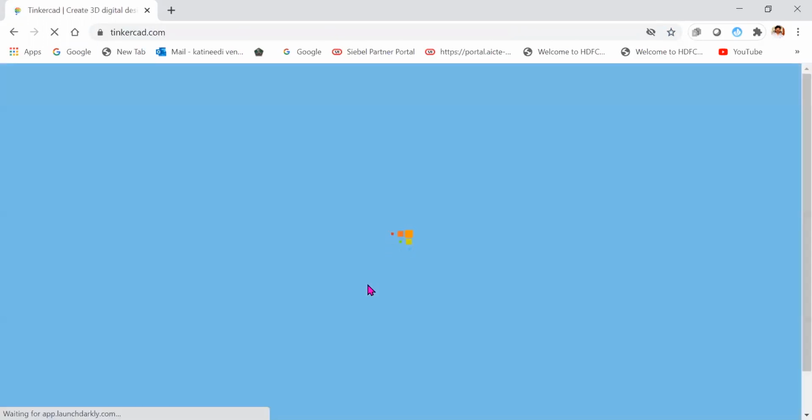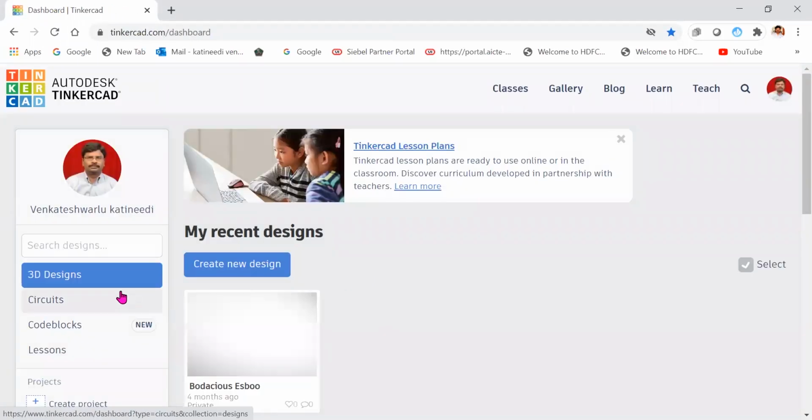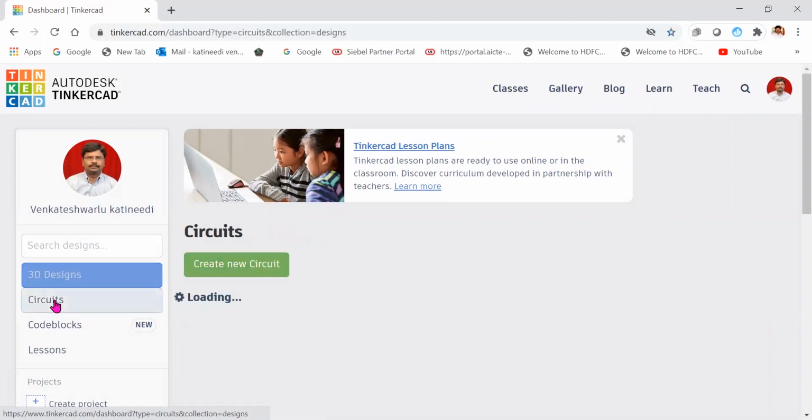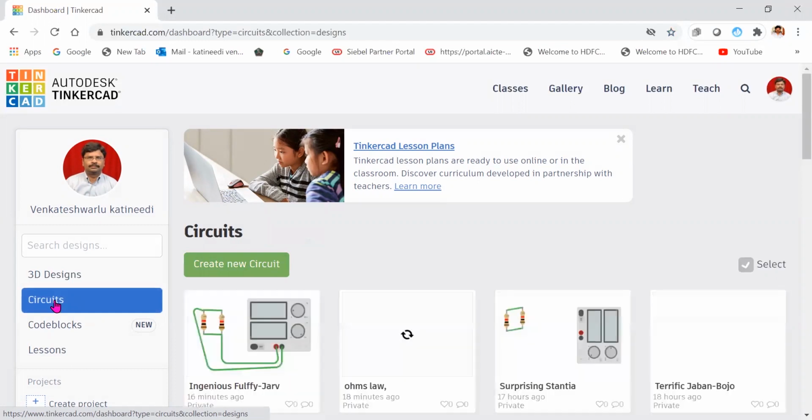It's taking time to open. Okay, so you will get this window with 3D designs and circuits. Here I'm going to select circuits because I'm going to design a small circuit.